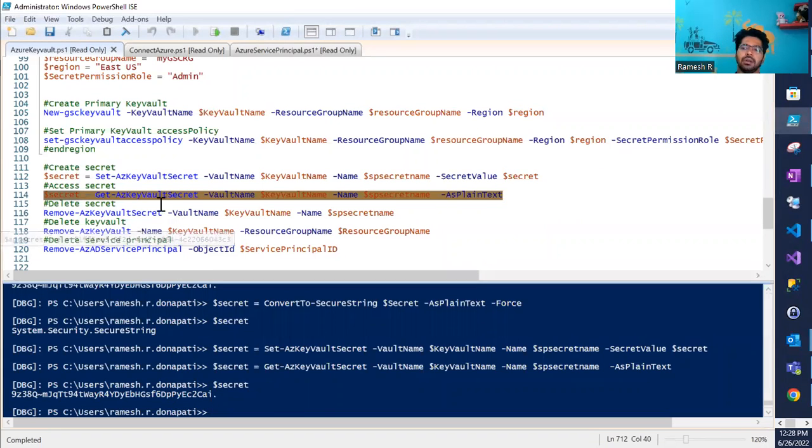So this is how at line number 112 we are saving the secret, and now we are getting that secret, accessing it so that we can use it. I have saved that here. So this is how we create the secret, access the secret, create the key vault and all these things. Now we are done with the creation part. The next steps are deleting the secret, deleting the key vault, and removing everything. Whatever we have created so far, we will be deleting, just to make sure